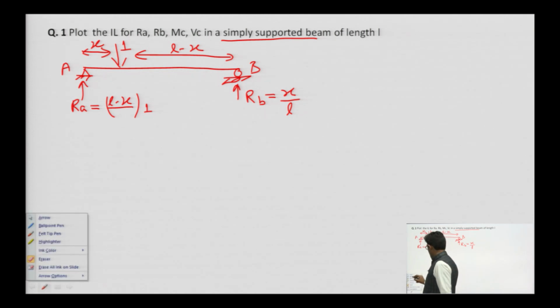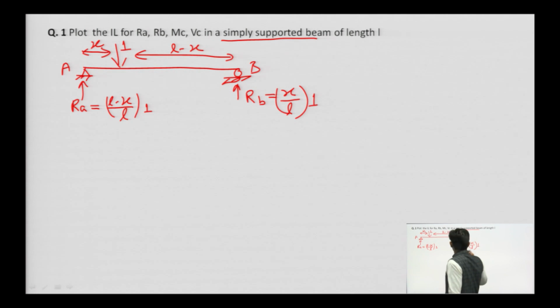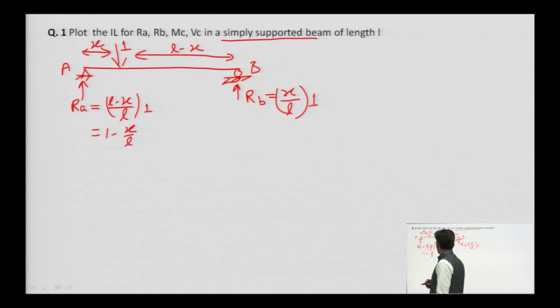Divided by L, minus x divided by L, into 1. Since we have a unit load, this is x by L, and this is 1 minus x by L. So, this is the equation of reaction, this is the equation of RA and RB in terms of